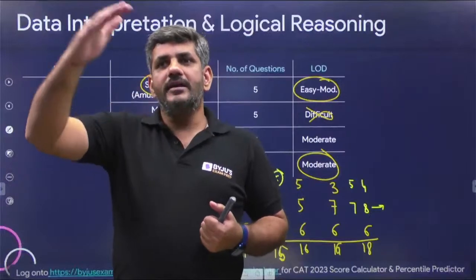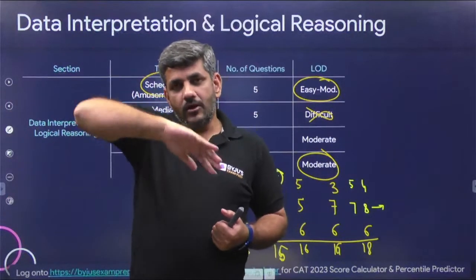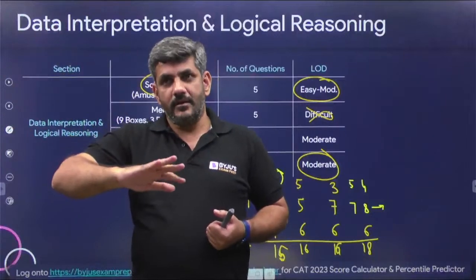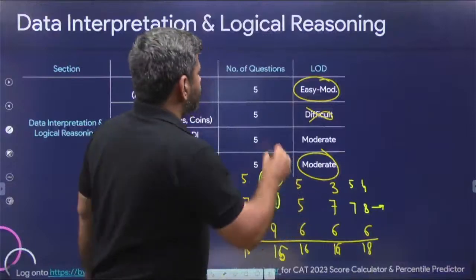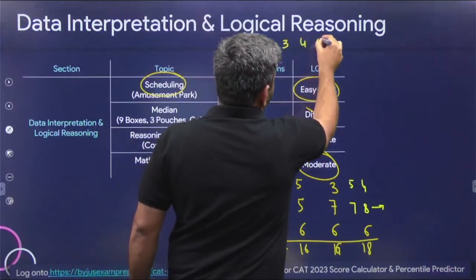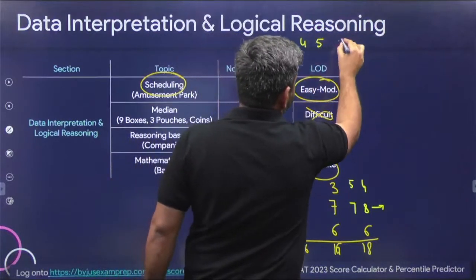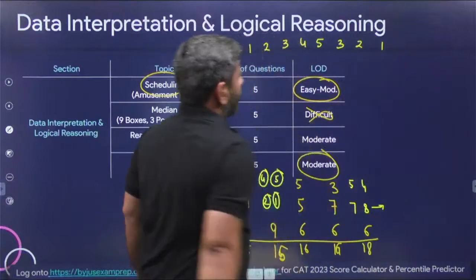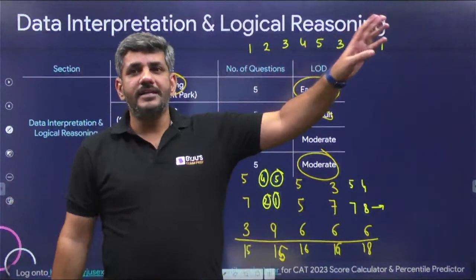So it kept on increasing, after that it kept on decreasing, which clearly tells me that the order can always be reversed. For example, in case of companies, the first company, I'm sure you all must have got it as 1, 2, 3, 4, 5. That is 10 plus 5, 15. The total was given as 21. So 3, 2, 1, right? You all must have got it. 1, 2, 3, 4, 5, 3, 2, 1.